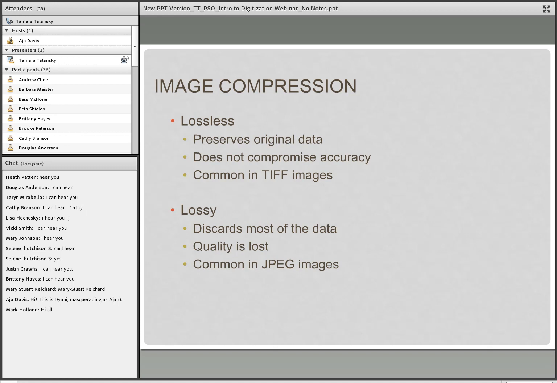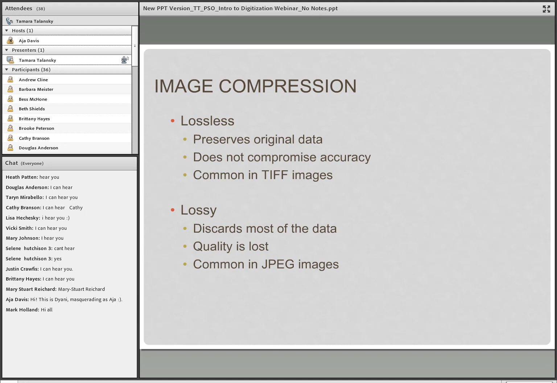With lossless compression, the image preserves all of the file's original data, discarding no information. It basically looks for more efficient ways to represent an image while making no compromises in accuracy. This is common in TIFF images, which makes them much larger. With lossy compression, most of the data is discarded.